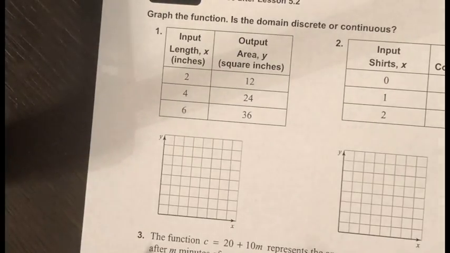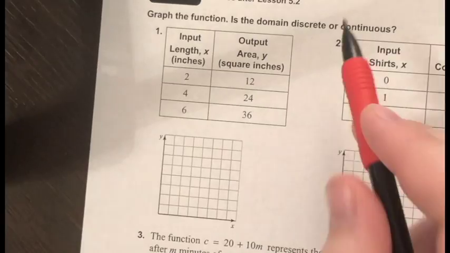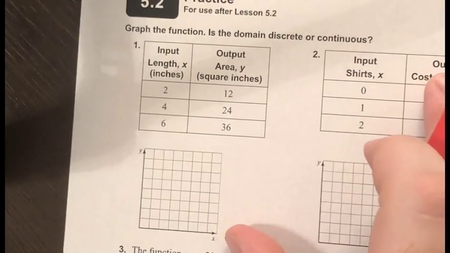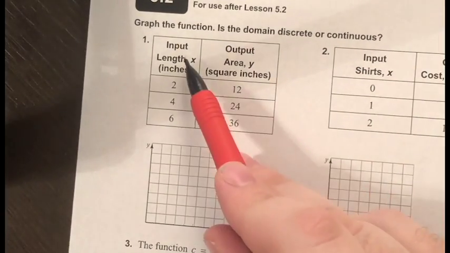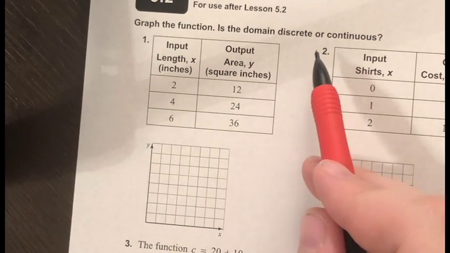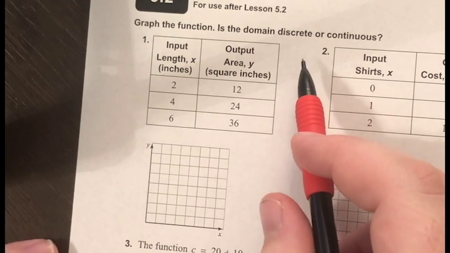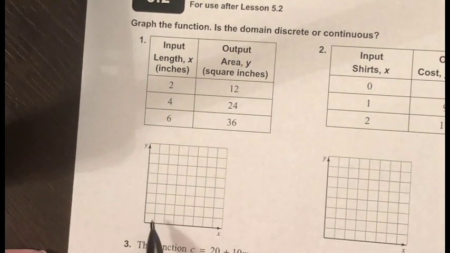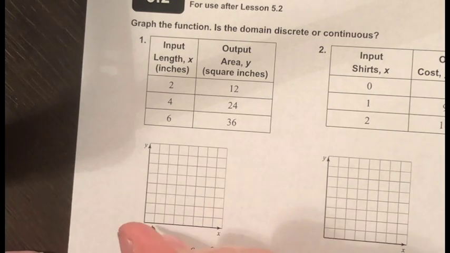So we're doing the same thing. Graph the function. Is the domain discrete or continuous? So we have an input of length written in inches and an output of area. So if we were to count, let's see, what do we want to count by on our x's? 1, 2, 3, 4. Yeah, let's count by ones